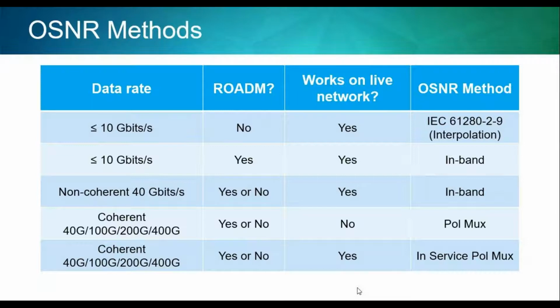Now, as you're going higher in data rates, then you have to consider if it's a coherent system or not. The presence of ROADMs in that case doesn't really matter. You can have ROADMs or not in the system. It will not have impact in terms of which type of OSNR method you need to use. What's important to consider is if it's a live network or not a live network, so at what stage of the system life you're performing these measurements. So if it's a non-coherent system, even if it's a live network, you can continue to use the